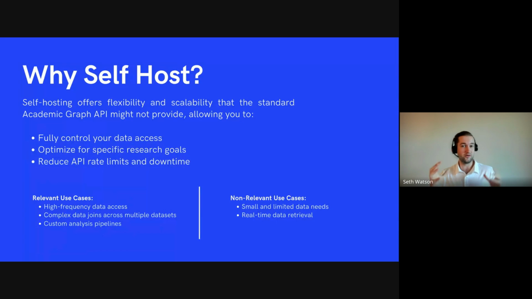And so all of that pointed me in the direction that, okay, self-hosting was the right decision for us. With that said, there's definitely instances where self-hosting might not be relevant for you. And those would probably be, the first example I think of is if you're a student writing your dissertation